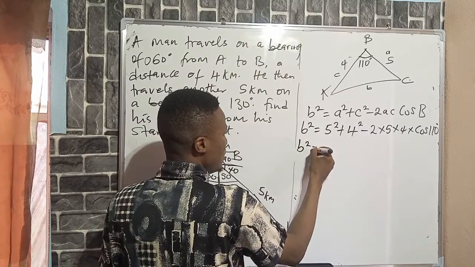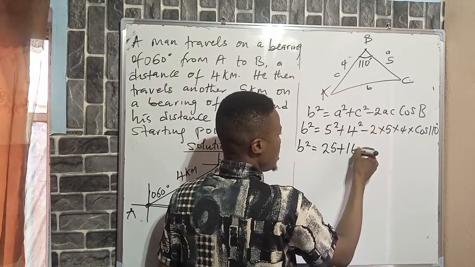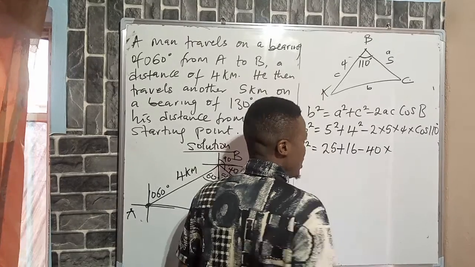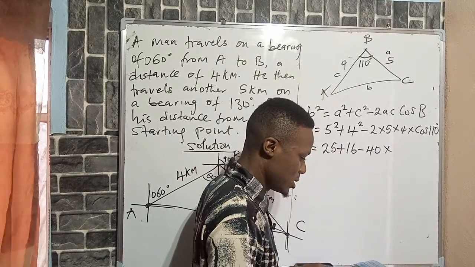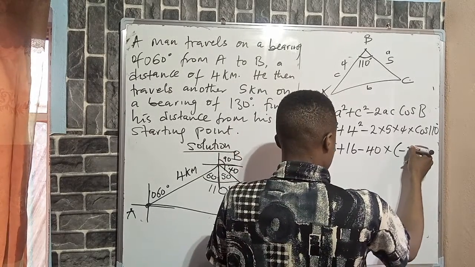So b squared will now be 5 squared is 25 plus 4 squared is 16 minus 2 times 5 is 10, 10 times 4 is 40, times cos 110 degrees. Cos 110 degrees will give us minus